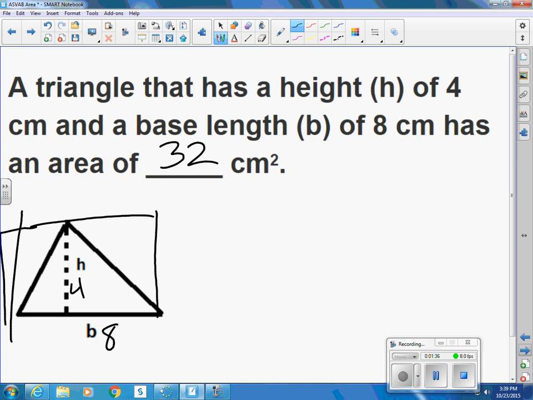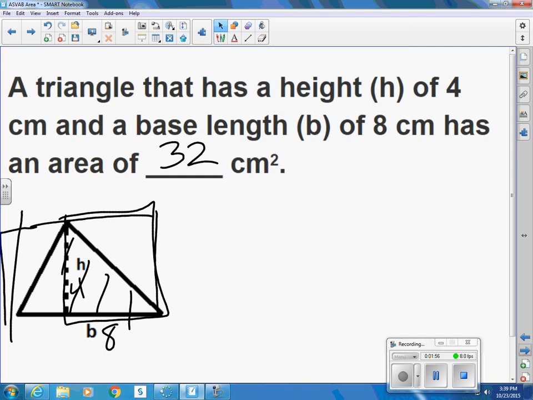Well, looking at just this square right here, you can see that this piece of the triangle is half of the square, or it looks like a square anyways, rectangle. And let's change colors. Let's look at this rectangle right here, and this triangle is half of that. So it's not